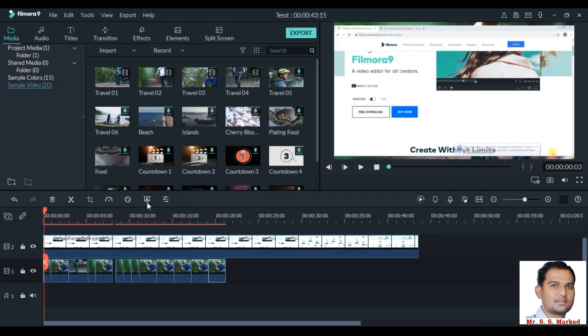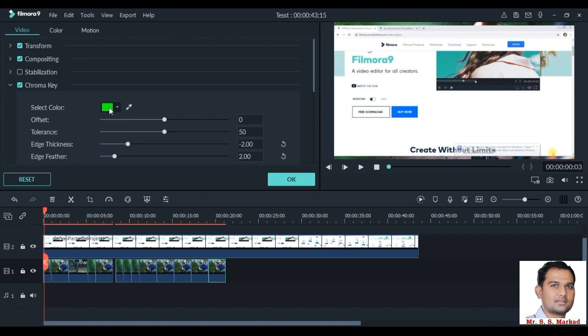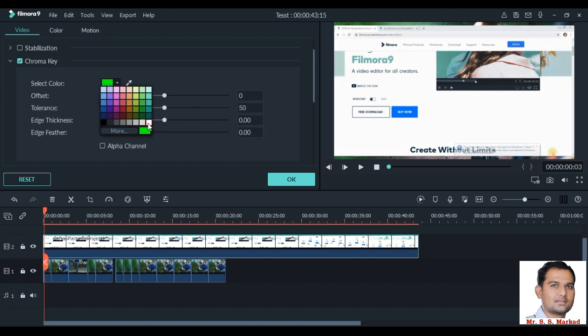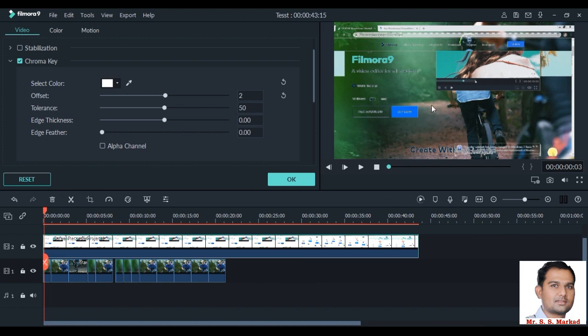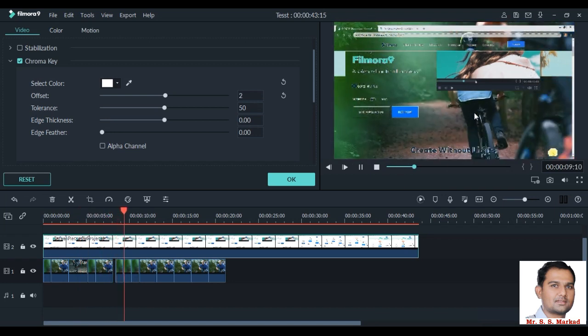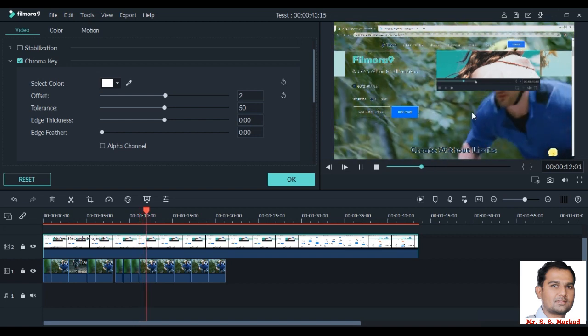Then there is one option, green screen. Using this option, the background of a particular video can be removed. By removing this background, the second track of the video will be visible from the removed section. For that, we have to select the particular video from where we have to remove the background and select the color of the background. Therefore, the color will be removed and the background video will be seen. This feature is very useful for creating demonstration and educational videos.